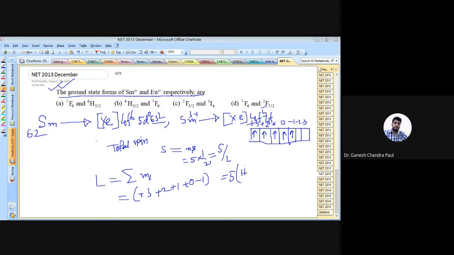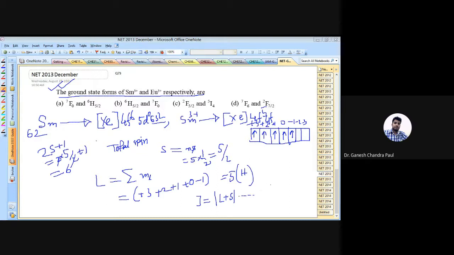Now you have to find out the spin multiplicity value. From there, first you find out the spin multiplicity value, 2S plus 1, so it is coming around 6. Yes, I think it is 6. So the 2 goes out and you will get 6. Then what is the coupling constant value? That is J, capital J, which will vary from L plus S to L minus S.